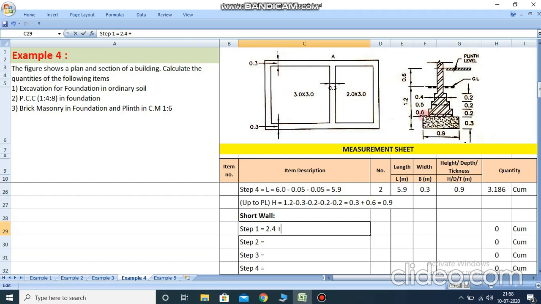first brickwork. So here 0.6 meter width, we find the length is a summation of the 2.4 meter plus the difference of 0.9 and 0.6. So the difference is 0.3. So 2.4 plus 0.3 is equal to 2.7 meter length. Clear? Now here in numbers we write the total number of short walls, 1, 2 and 3. So here we put 3 numbers. Total length we calculated is 2.7 meter. So write here 2.7,